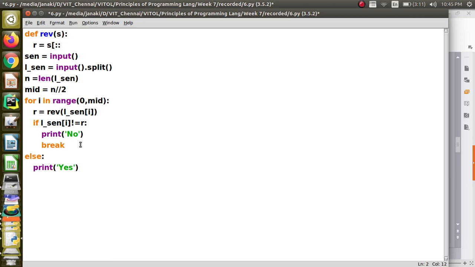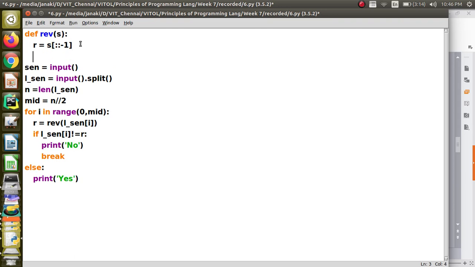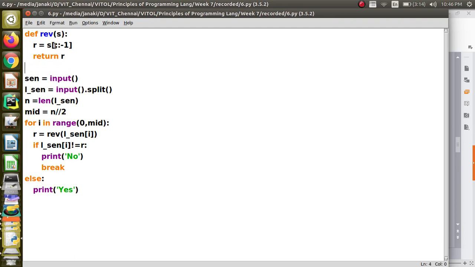When I am not specifying the second one, then slicing will happen till the last character. And if I give -1 as the step value, then automatically it will reverse. So when you give -1, it will understand that it has to reverse the string, and now I will return. Reversing is very simple in Python. You just say the string, colon, colon, -1. When you give -1 as the step value, automatically slicing will reverse.